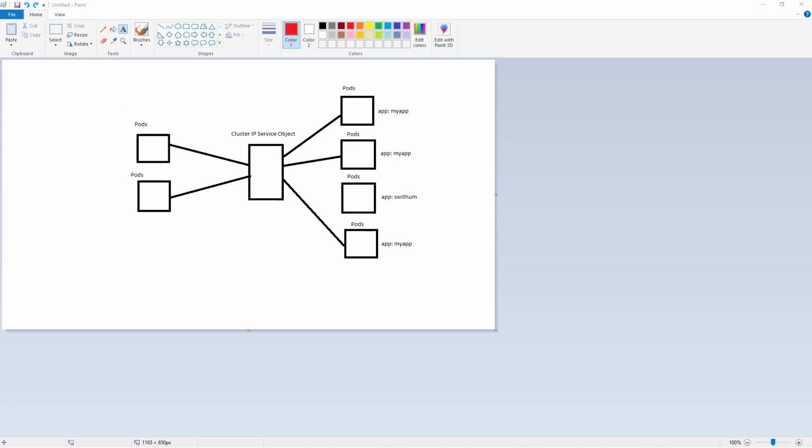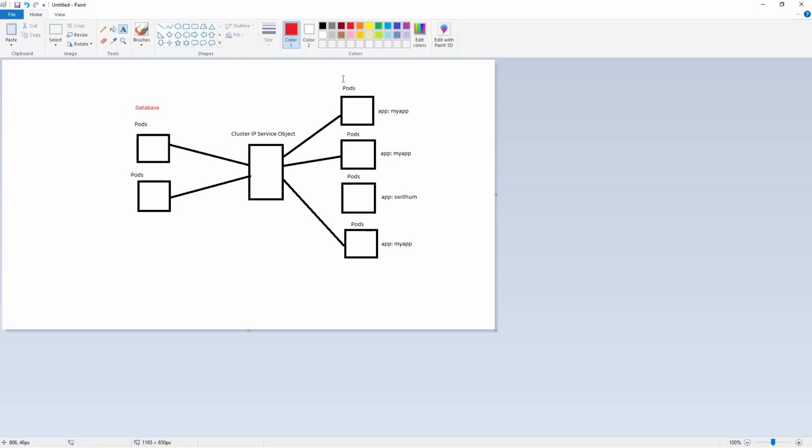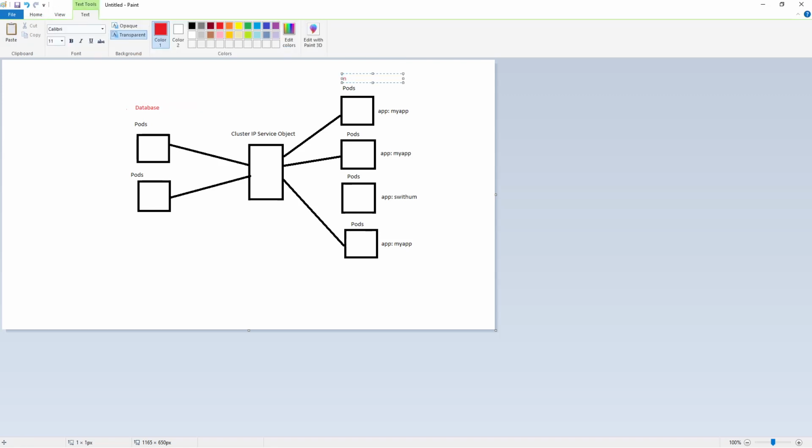When resources need to find other resources running in the same cluster, then we're supposed to use cluster IP. For example, the pods on the left, we can say that is a database, maybe. Yeah, we can call that a database service running in these pods. And the pods on the right are a web application, or Nginx, running in it. If the web application needs to access the database, that's where we require the cluster IP service